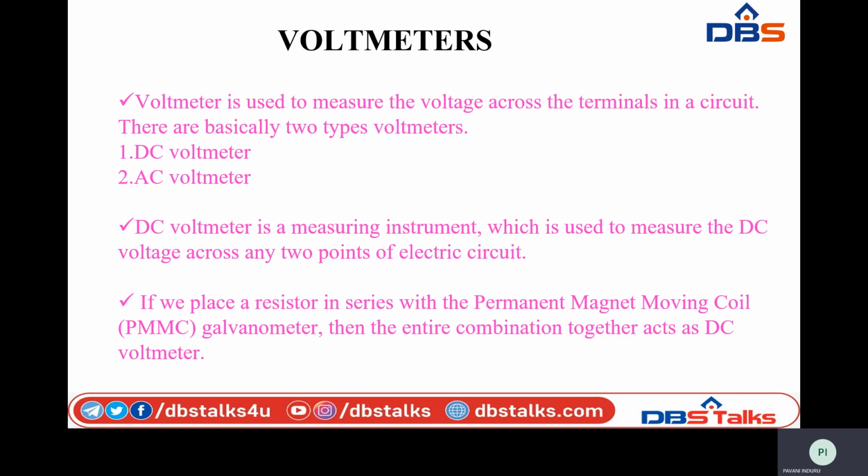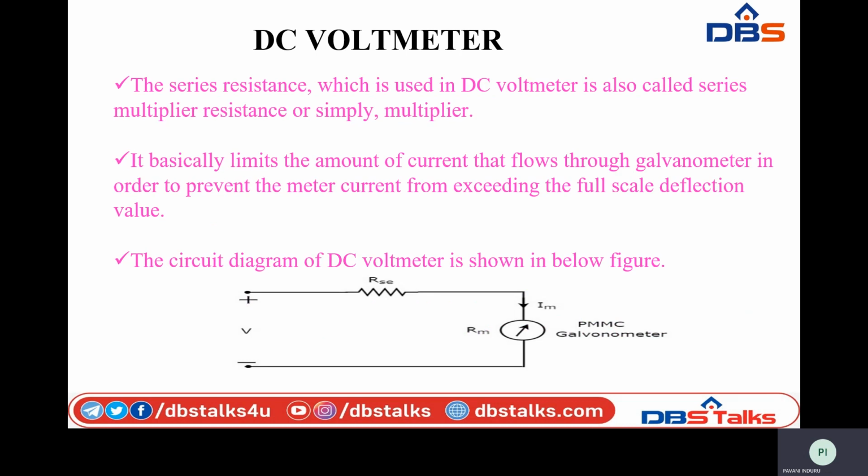Here, if you look at the diagram, this is the diagram of a DC voltmeter. Here we have the PMMC galvanometer, and we have added one series resistor Rs in series with it. This entire circuit will work like a DC voltmeter. The series resistor connected in series with the PMMC galvanometer is known as a series multiplier, or simply a multiplier, and we have to choose this resistance value to be larger because it needs